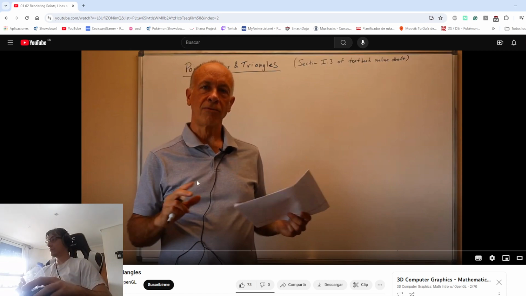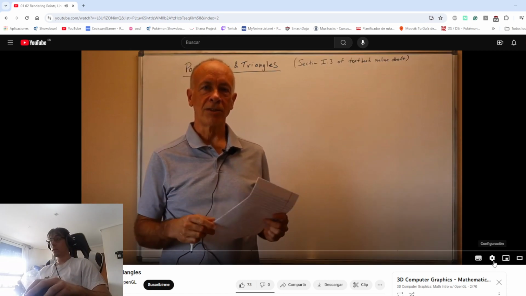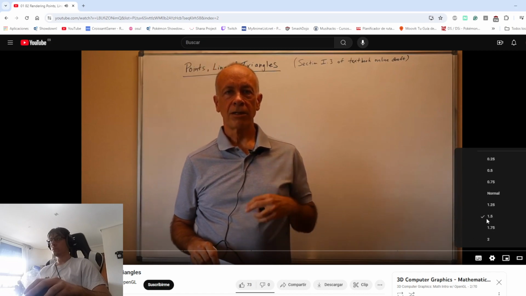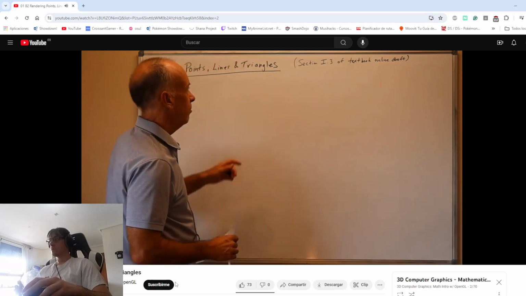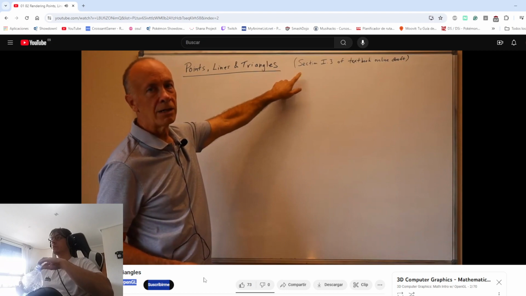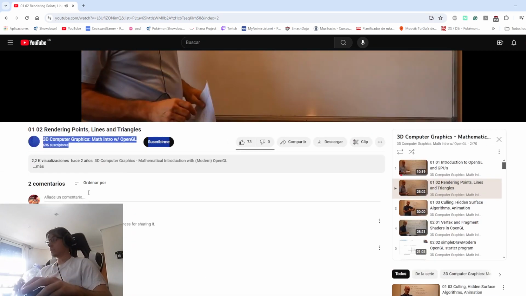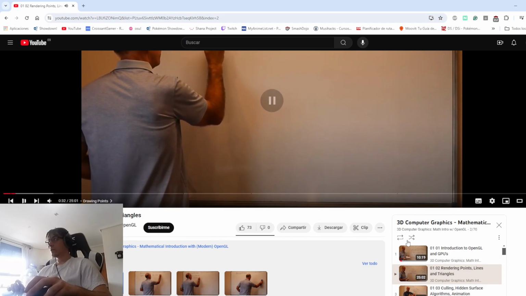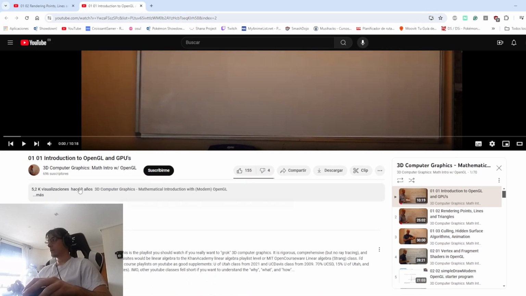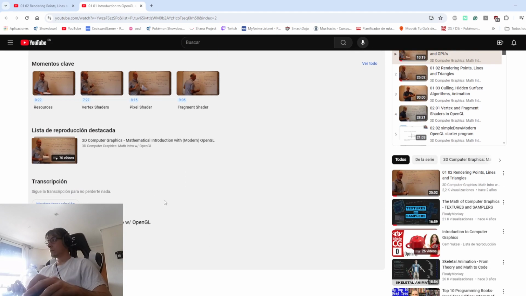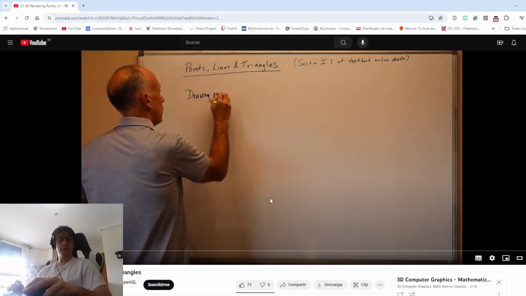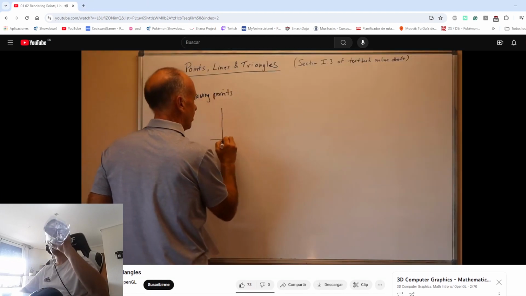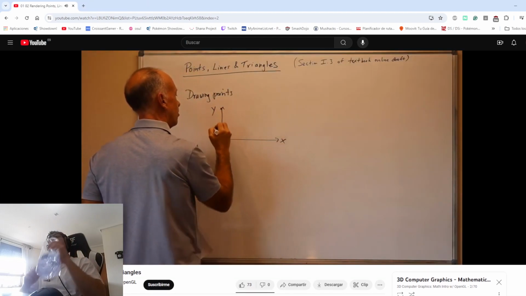form surfaces of solid objects, but we'll start with drawing points and lines first. And this is taken from section 1.3 of the online textbook of the current draft. So let's start with drawing points. Let me draw a small picture with x-axis and y-axis, there are 3 points in